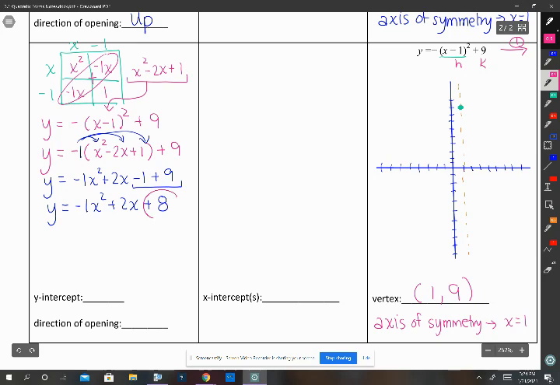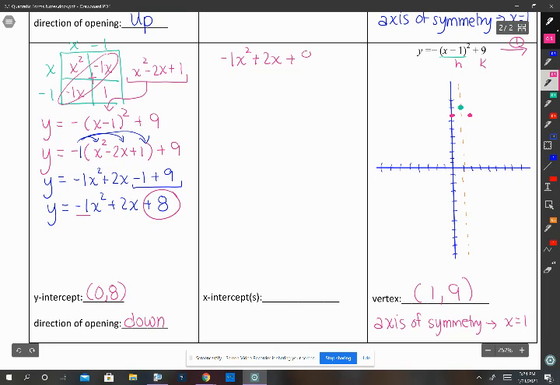And so now we know the number at the end is our y-intercept. So this is the point (0, 8). And my number in the front is a negative, so we know that it opens down. And so we've got a y-intercept at (0, 8). And because it's 1 space away from the line, we should have one on the other side that's 1 space away from that axis of symmetry. And technically, I could just make my U right now if I was going to graph it because I have the general picture. But because we're asked to do factored form, we might as well get those exact. And so we're going to take our standard form